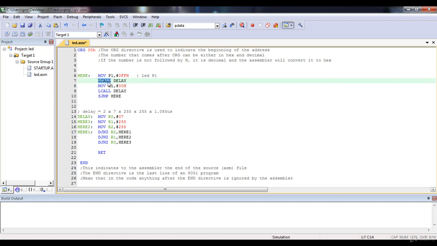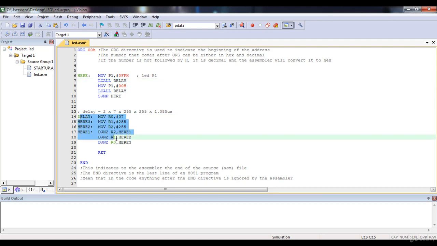Then LCALL, long call to delay. What is delay here? Delay is nothing but a subroutine. So the LCALL instruction is like a function call in C language. Simply we are calling the subroutine delay.